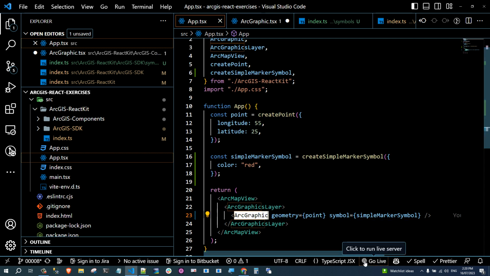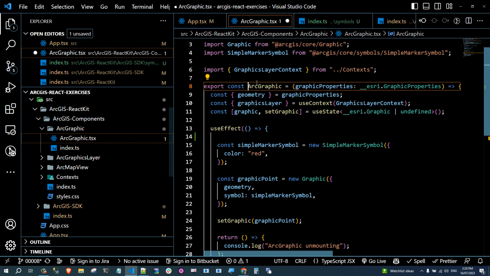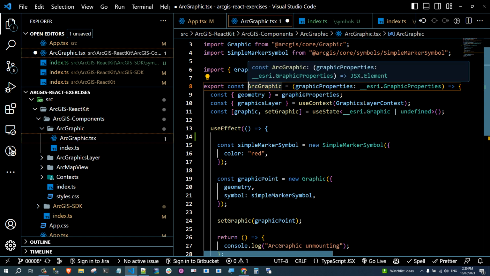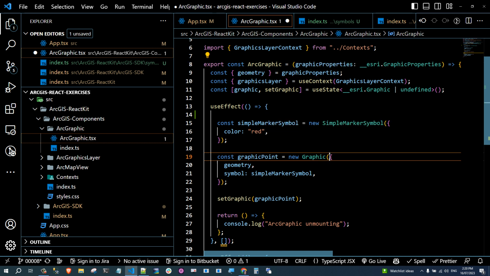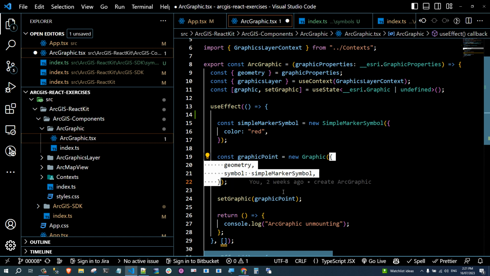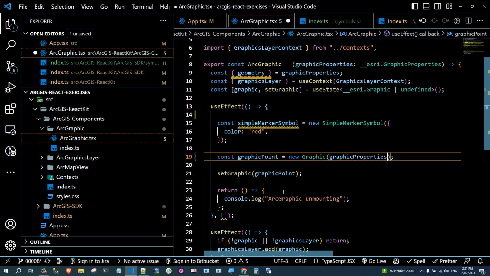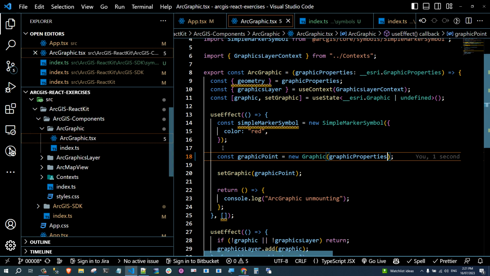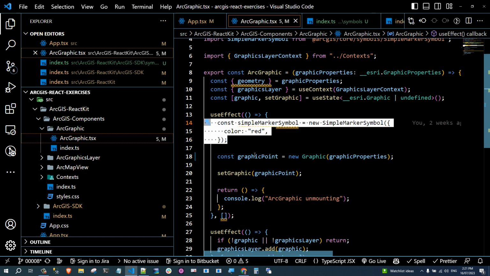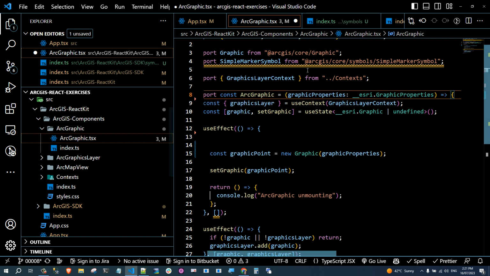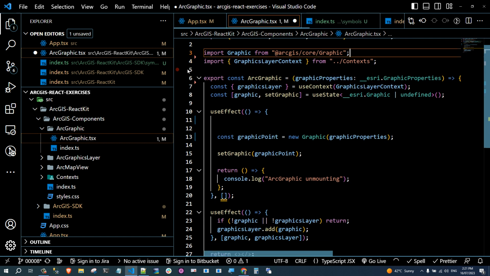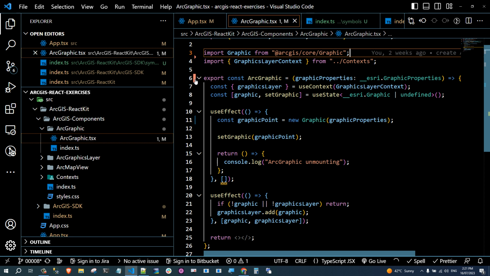I will refactor this part inside ArcGraphics. So I will pass all those properties to the graphic instance. No need to pass them one by one. Right now, no need for this simple, no need for destructuring properties, no need to import SimpleMarkerSymbol. Save all your changes,